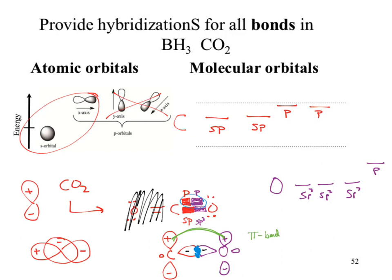Is an sp3 an s-type orbital? Is an s orbital an s-type orbital? Yeah, that one should hopefully be the most obvious. It's literally an s orbital. Of course it's an s-type. The Greek letter for S. We now get the existence of those two bond types that we were talking about earlier in the semester,